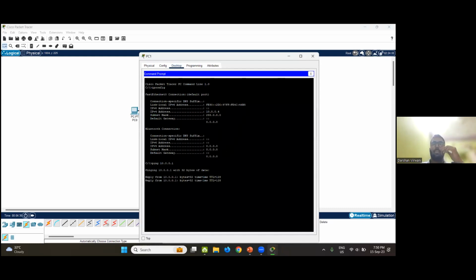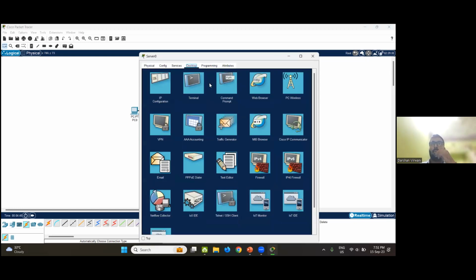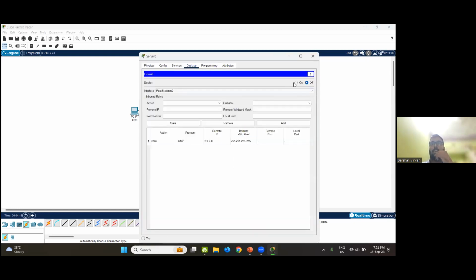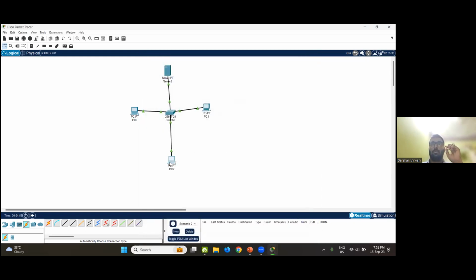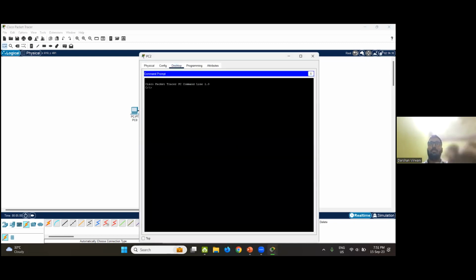So here you can see we can ping now, as I have not turned my firewall on yet. So just as I turn my firewall on, you can see this rule will be applied and no one can access our server. Now moving to another system, pinging our server,